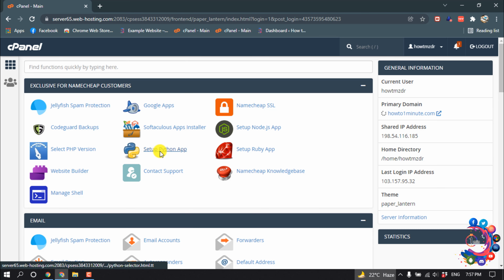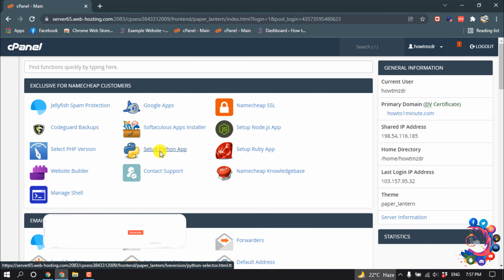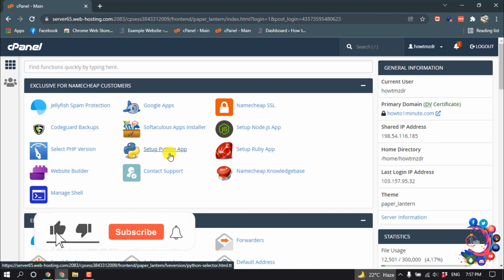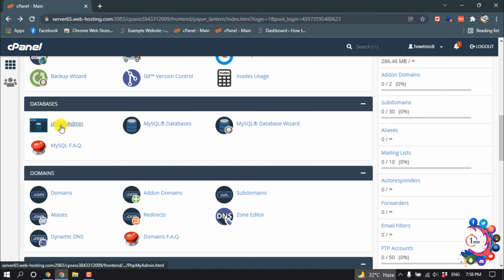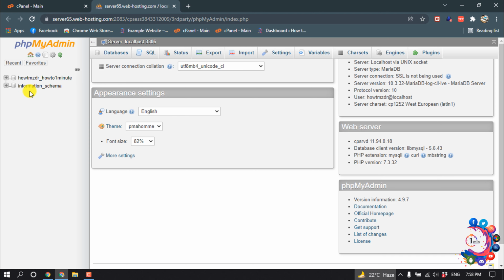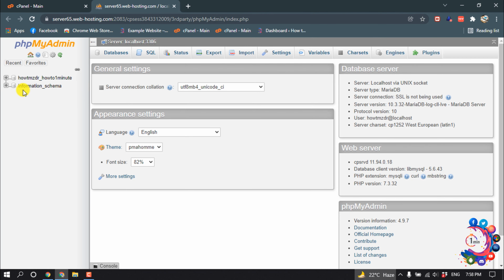And now let's see step 3. So suppose you forgot your WordPress password and you don't have email access, then you have to follow this step 3. Open your hosting cPanel and click on phpMyAdmin, and from here you have to open your website database. So here is my database,